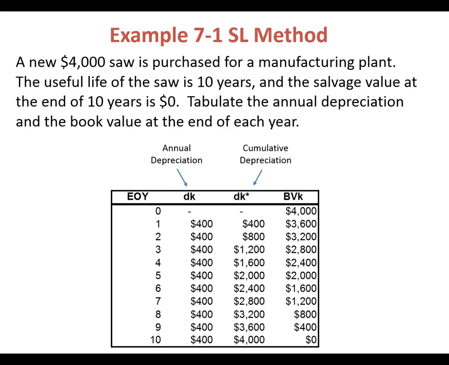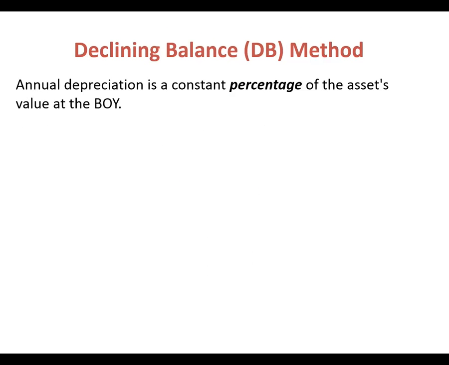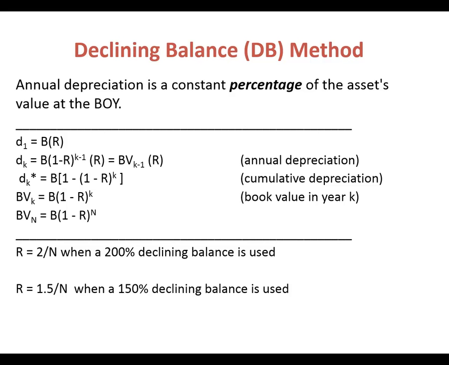So the straight line method is a little bit unrealistic, which is why there's this declining balance method. The declining balance method tries to simulate this curve that there's a lot of depreciation up front, but then eventually the depreciation decreases each year. So here are the formulas for it. We have the same things we're solving for. We're finding the depreciation in any given year, the cumulative depreciation up until this time, and then the book value in a given year. And this book value N is the book value at the end of the series.